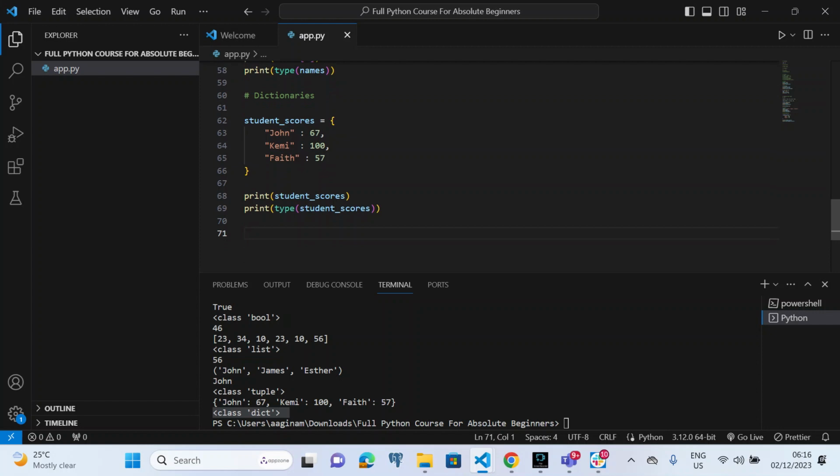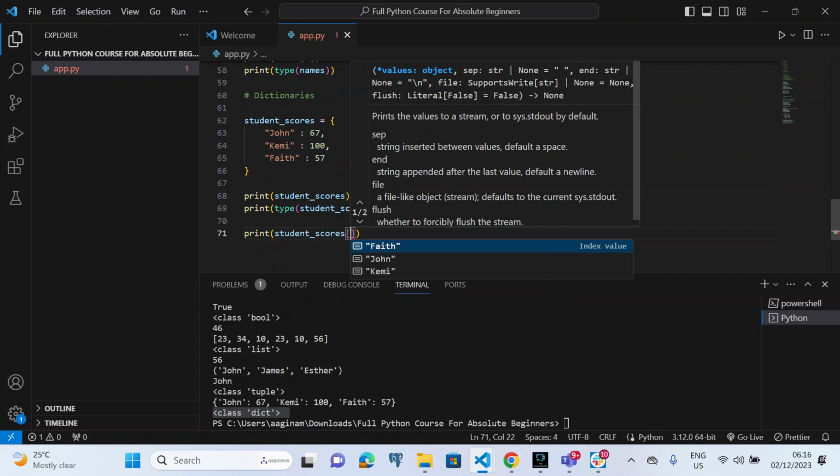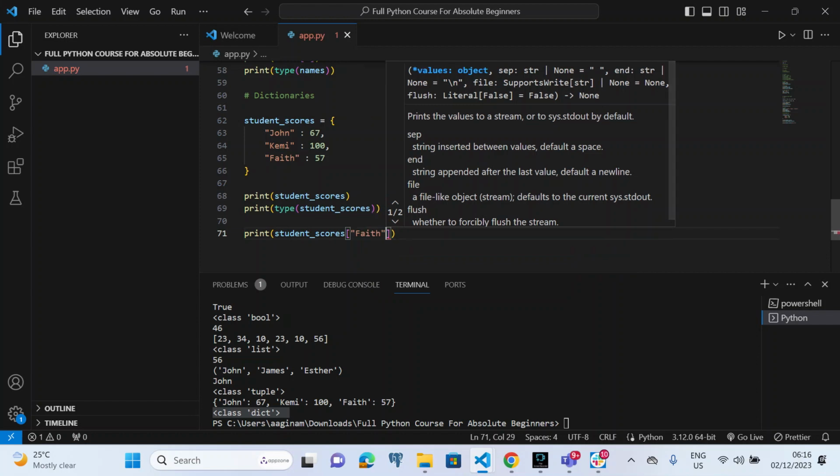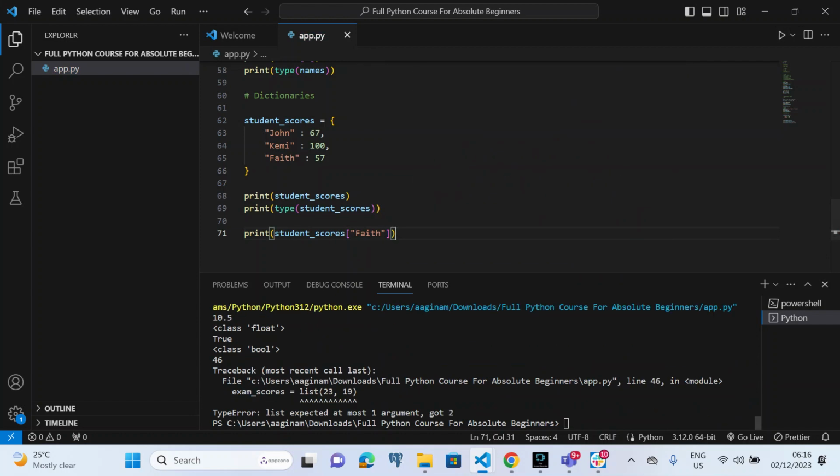Okay, so now in a dictionary, as your guess is as good as mine, to retrieve the values, you need to use a key. So let's say I want to retrieve the score of student Faith. All I need to do is just print out the student scores, and then inside the square brackets, I'll specify. So you can see that I have these index values here, and I just specify Faith. And if I run the code, I'll see that this is indeed